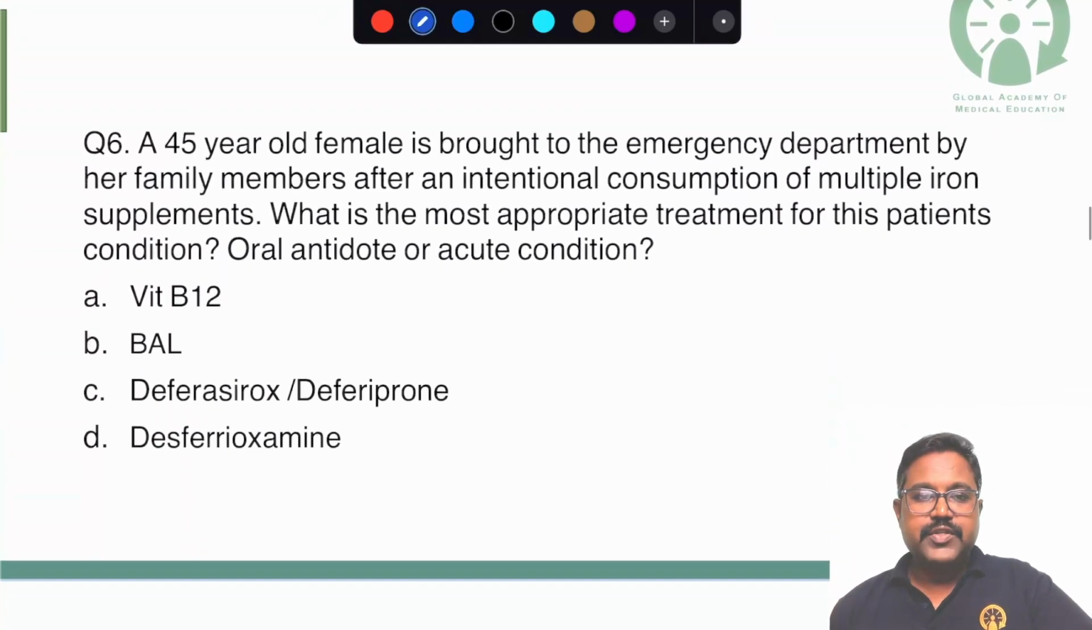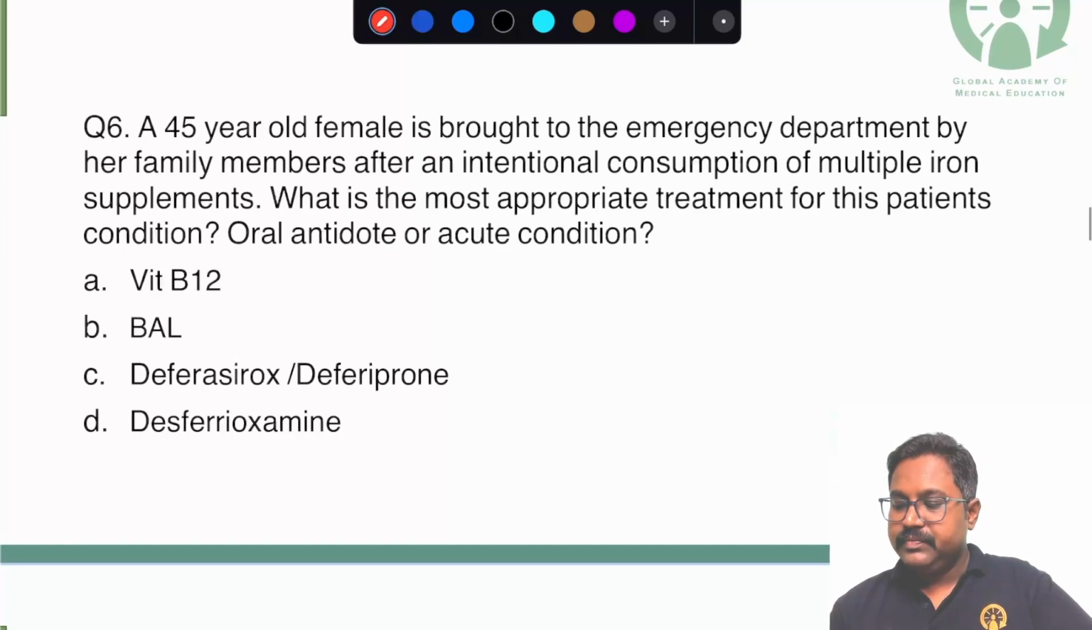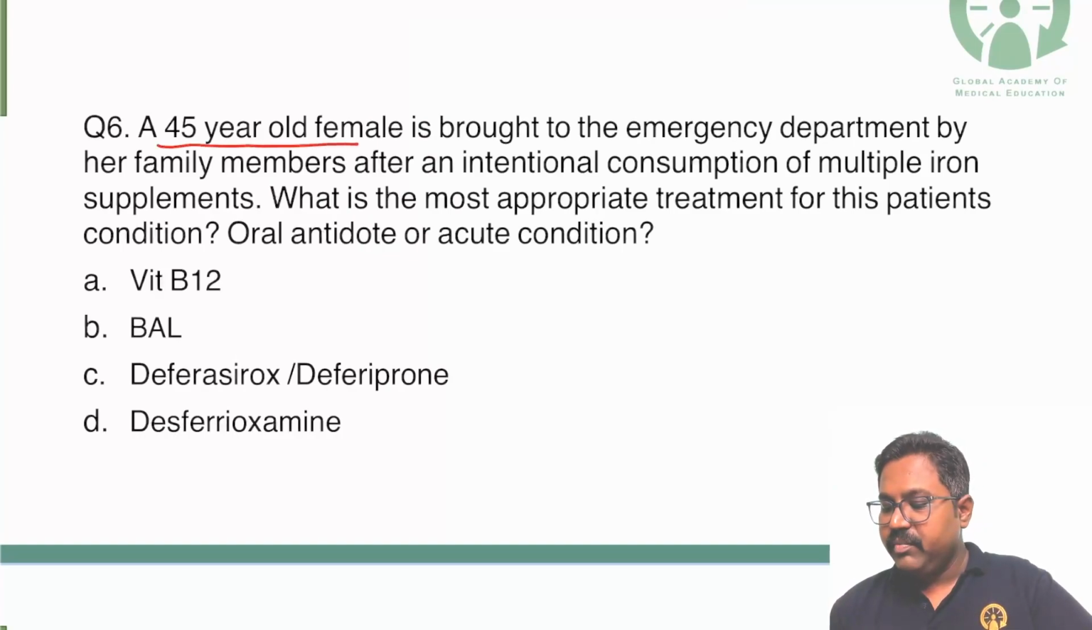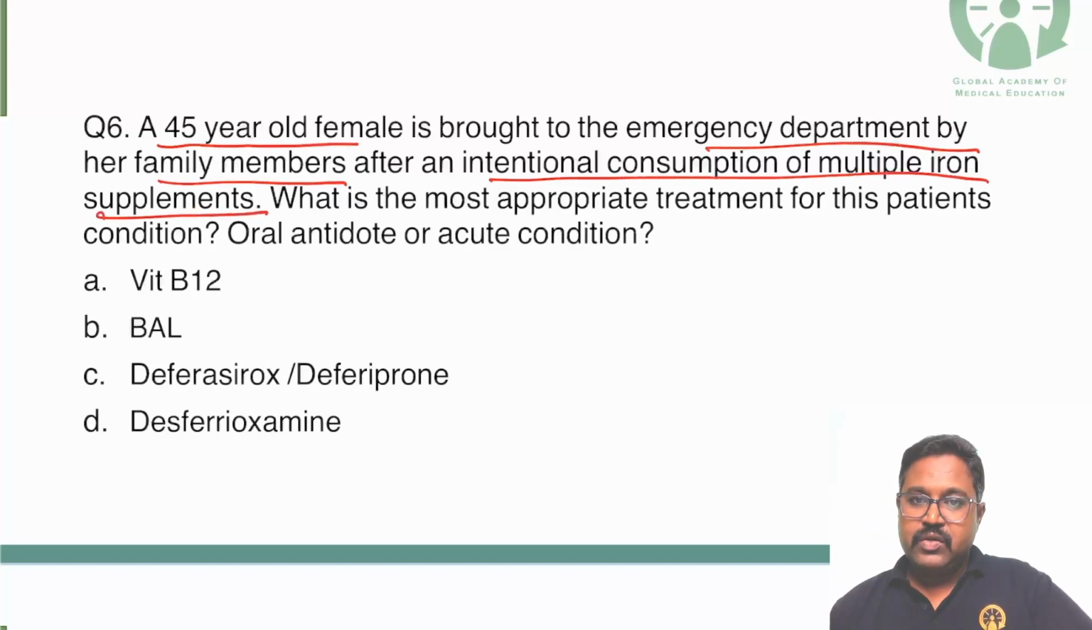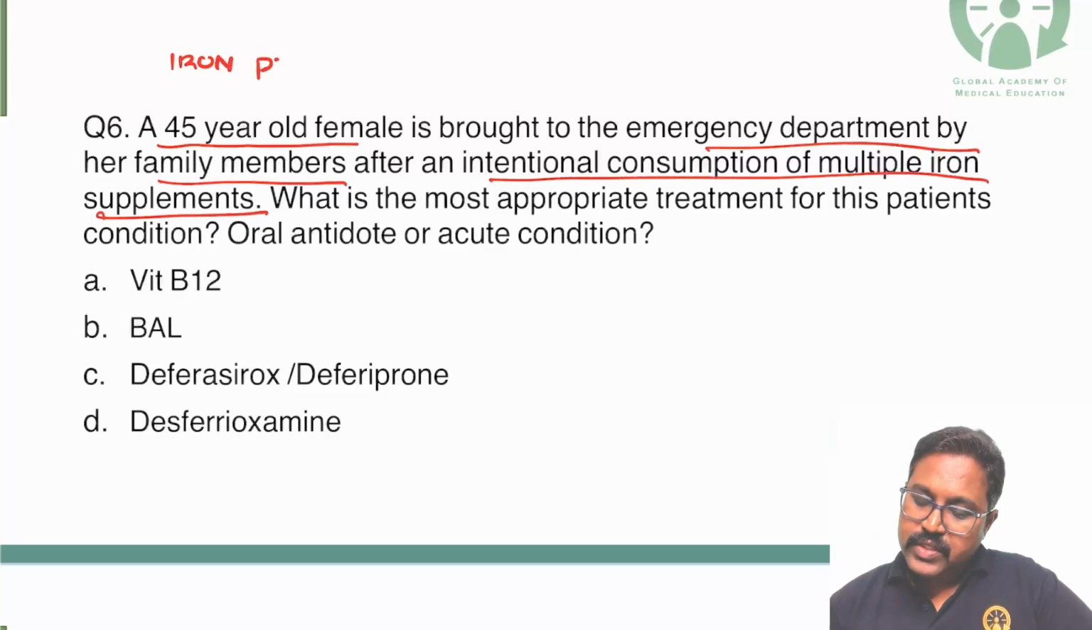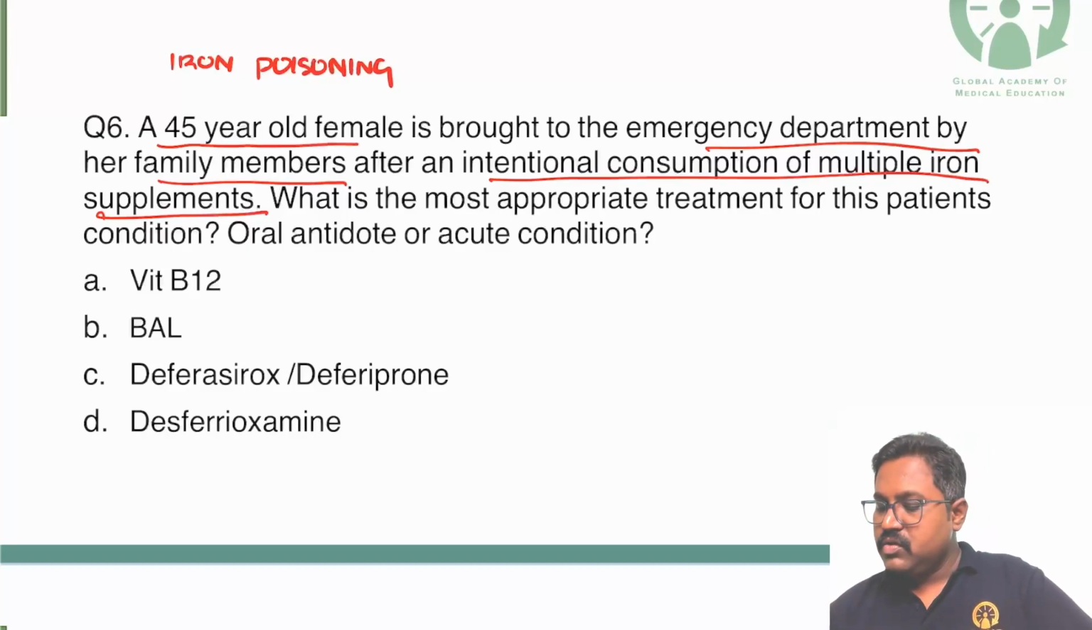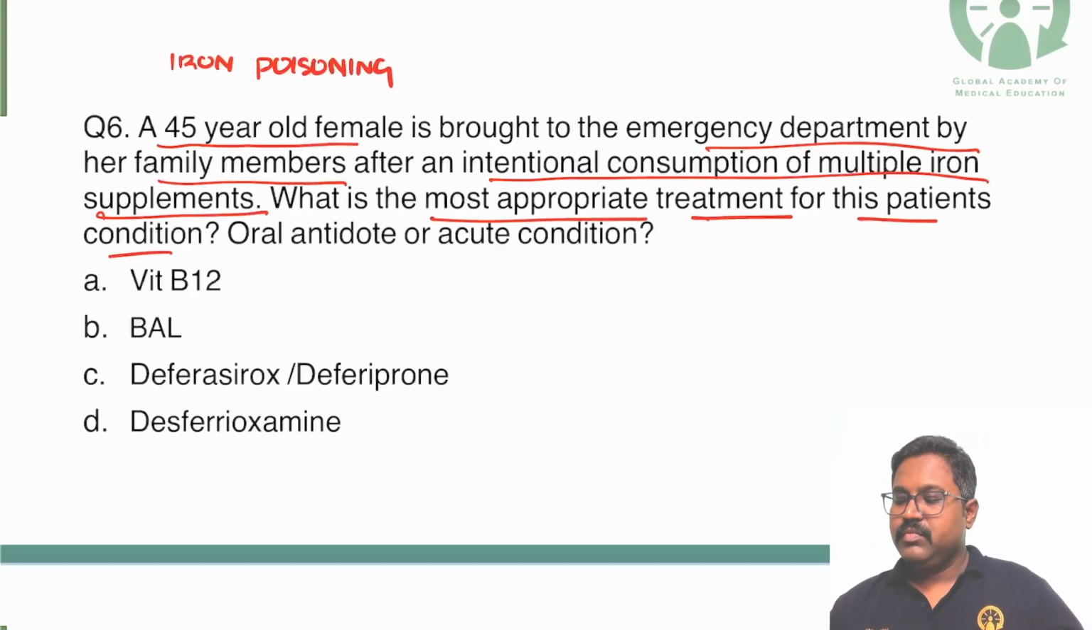Moving on to question number 6: a 45-year-old female was brought to the emergency department by her family members after intentional consumption of multiple iron supplements. So this is a case of iron poisoning. What is the most appropriate treatment for this patient's condition? If they are asking about the antidote for iron overdose,